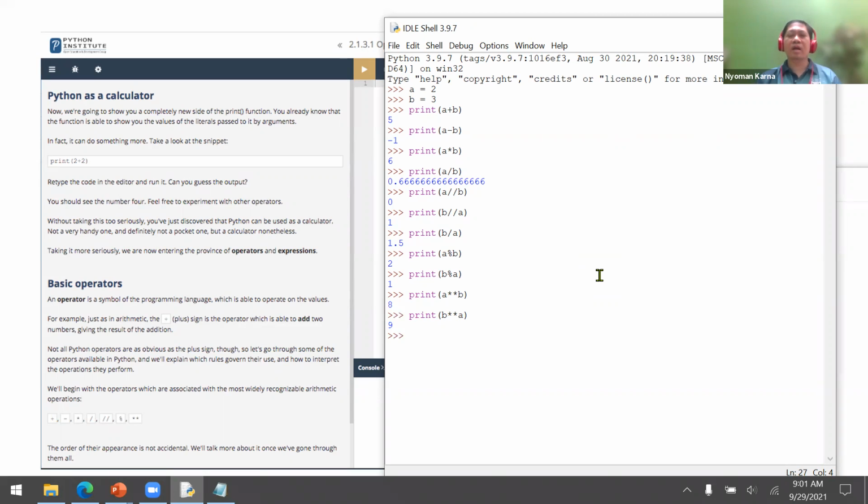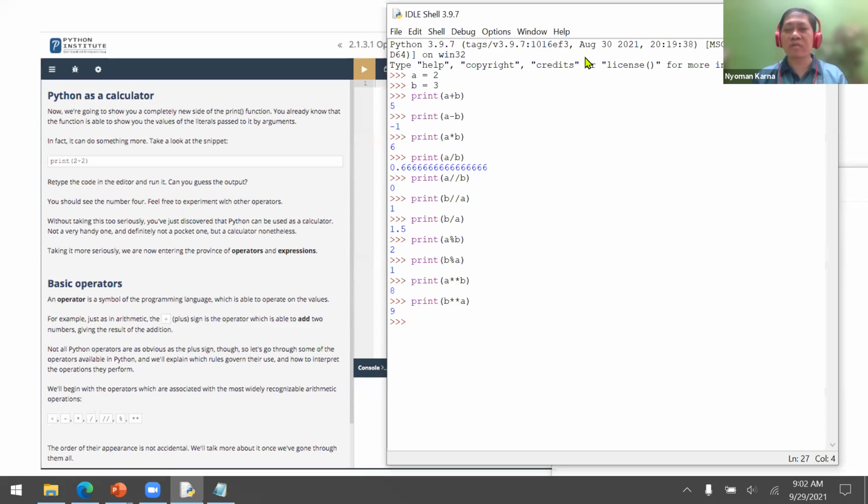Okay. Now, how about if we use a float in this case? Okay, let's try C, which is 3.0. So the same thing like B, but it's a float. And then D is 0.5. It's also a float.